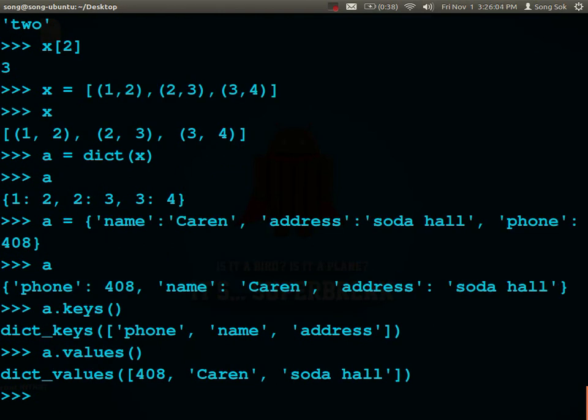Now this is helpful if I have not just one item, but multiple items. So let's say I have the same exact thing but for Song, and the same exact thing for Samir, and the same exact thing for Andy. I can look up all of the different names, or I can look up all of the different addresses that exist and compare all of that data. So if I want to call